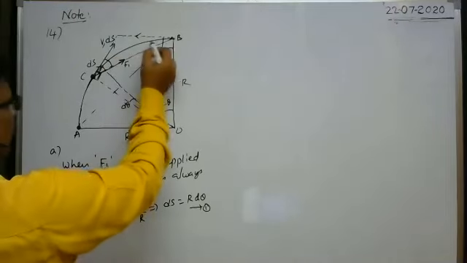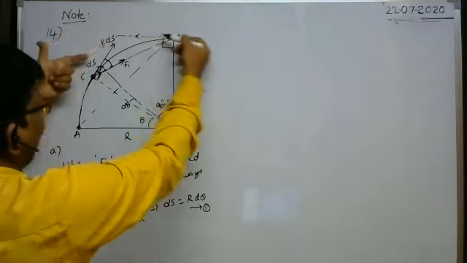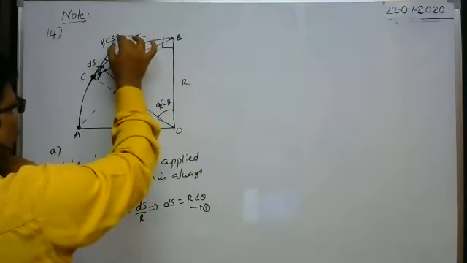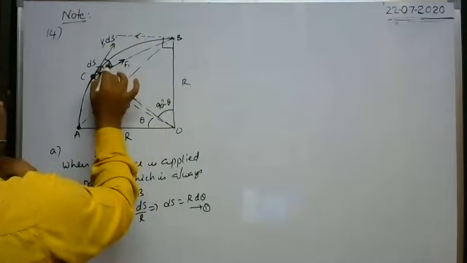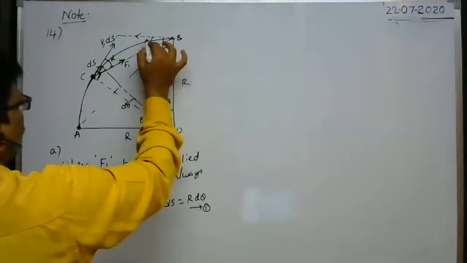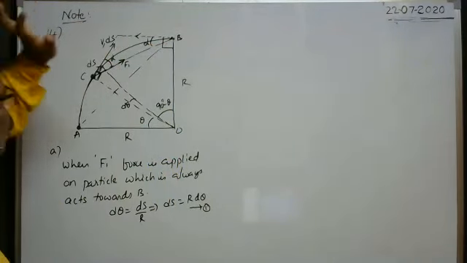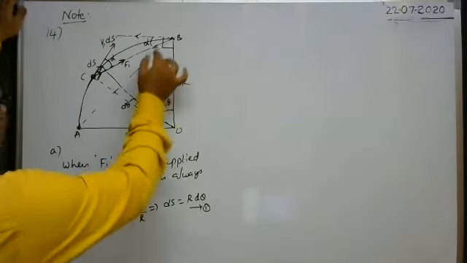Definitely this angle and this angle are both the same, because these 2 points are symmetric and we draw the perpendicular tangents. Those 2 tangents meet at this point. That's why this angle is also the same. Suppose this is alpha, then this is also equal to alpha. What about this angle? Here it is 90, 90.